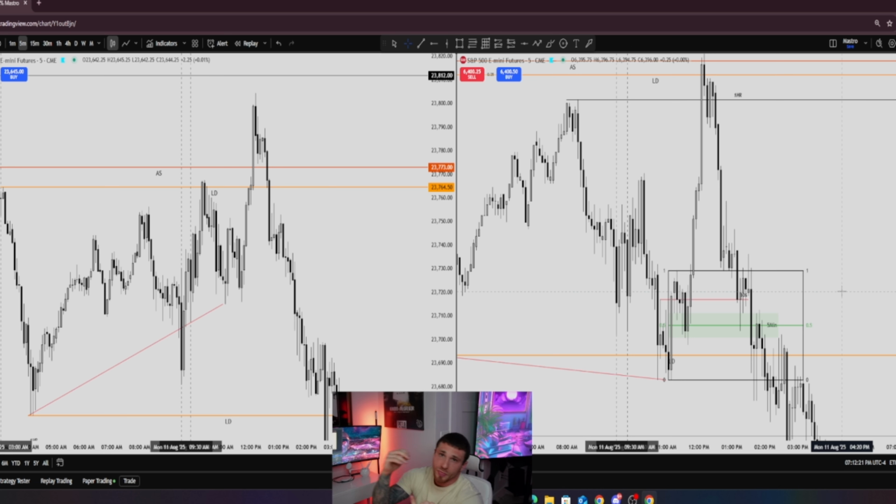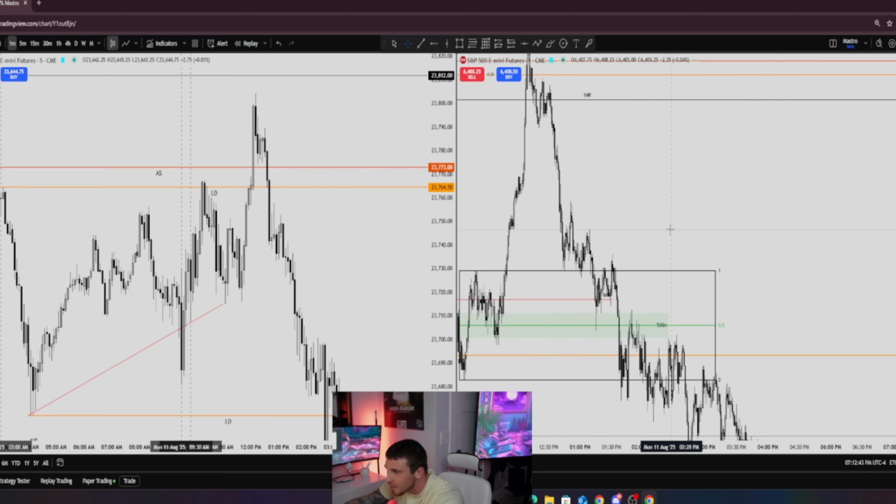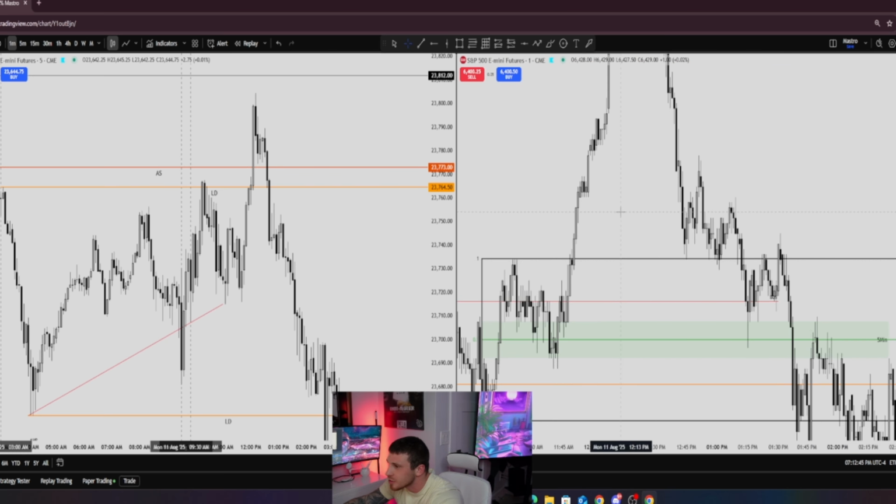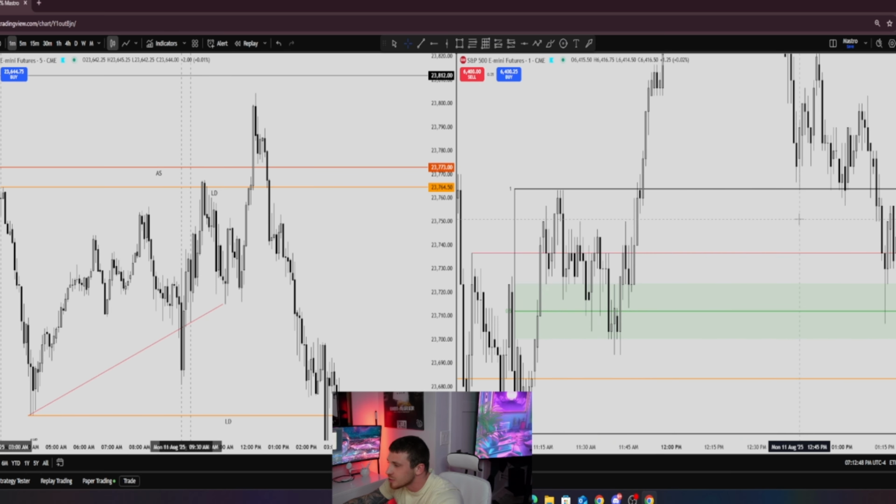So we have 4 confirmations already. 15-minute SMT, liquidity sweep, 5-minute break of structure, 5-minute fair value gap, and then 5-minute equilibrium. So we have 5 on the higher time frame. So what do we look for? Now, what we would do, when price hasn't reacted down here yet, right? We'd wait for this 5-minute fair value gap and 5-minute equilibrium to get filled. We'd scale down to the 1-minute time frame, right? Get a better entry.